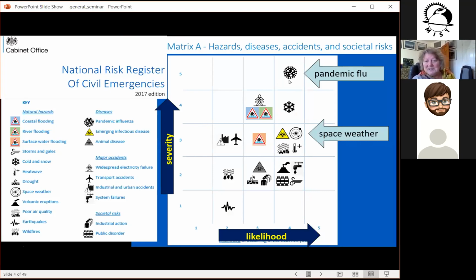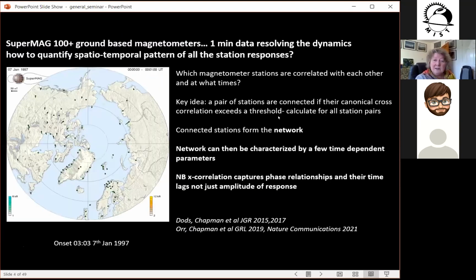This pandemic flu risk register was created before COVID, okay? So then it was pandemic flu. This is severity versus likelihood. So space weather's right up there, not only in terms of how often it might happen, but also the problems it would cause. Okay, so I'm going to start with the first thing, and that is, what if you've got like